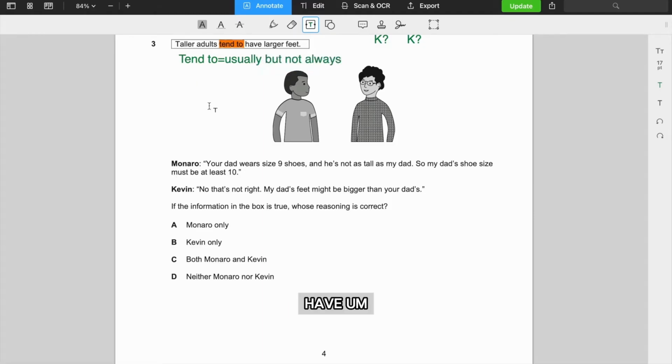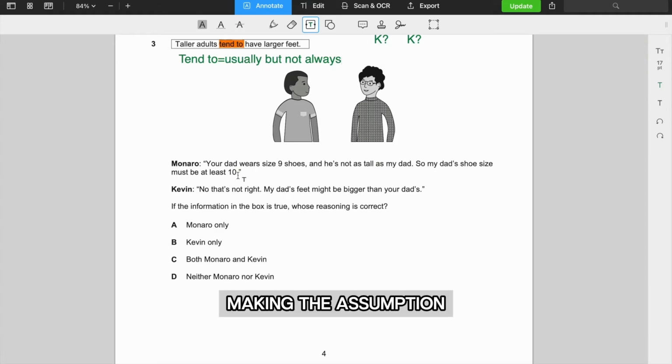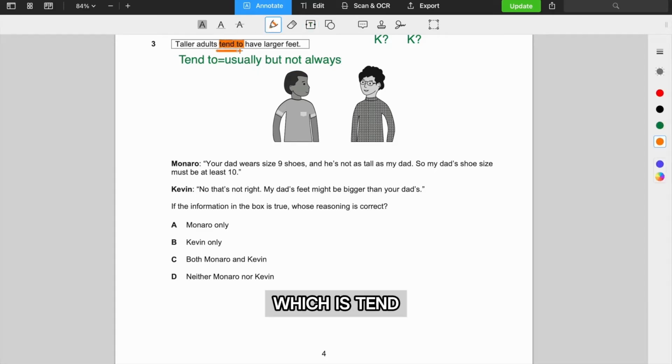Okay, so we have a bunch of statements and we have to analyze whose reasoning is correct, right? The classic dialogue question that you might see. So Monroe says, your dad wears size 9 shoes and he's not as tall as my dad, so my dad's shoe size must be at least a size 10. So Monroe is making the assumption that if you're taller, you definitely have larger feet. But again, you have to remember, focus on the key words, which is "tend to." So Monroe is wrong